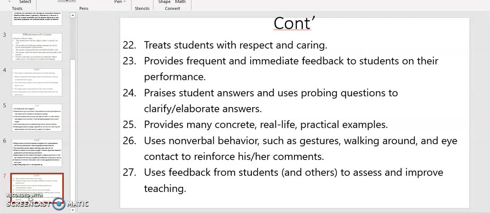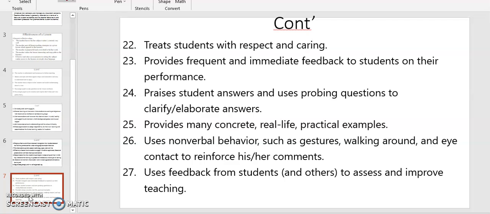they provide frequent and immediate feedback to students on their performance, when they praise students' answers and use probing questions to clarify or elaborate answers, when they provide many concrete, real-life, practical examples, and also when they use nonverbal behavior such as gestures, walking around the class, and eye contact to reinforce their comments, and finally, when teachers